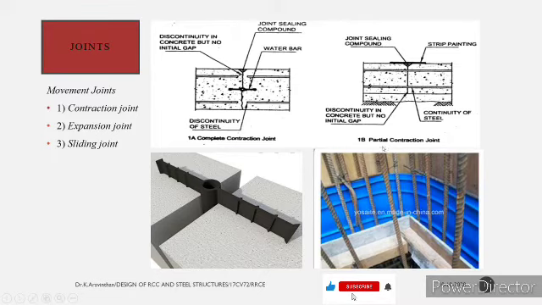The other case is the partial contraction joint. So this is a complete contraction joint, and if you are designing a partial contraction joint, then during construction the reinforcement is continuous like this. The reinforcement is continuous and the concrete has discontinuity. There is discontinuity in concrete but no initial gap and continuity of steel. So this is known as a partial contraction joint. Here you have to do a strip painting above the joint sealing compound. This will help